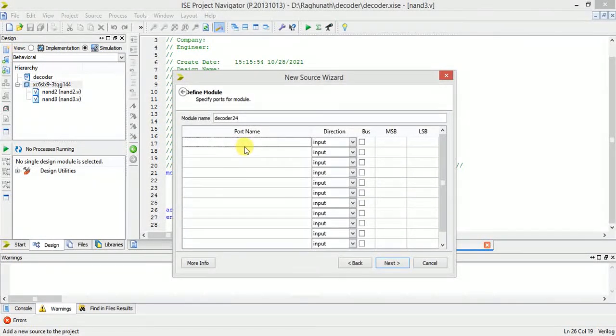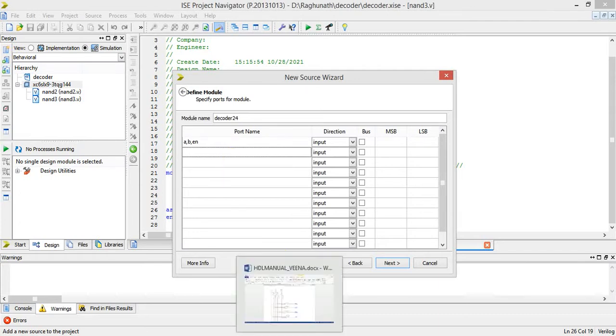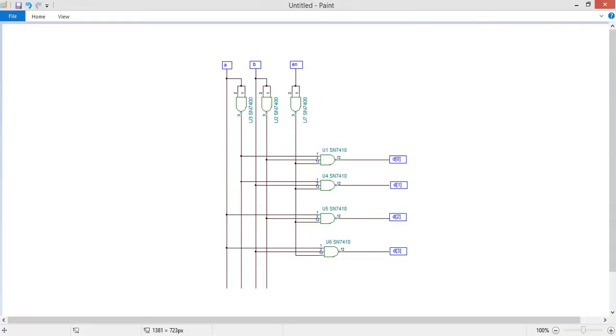So for that, what are the main inputs? The main inputs are A, comma, B, comma, enable pin. A, B, and enable pin are the inputs, and the output is D. If you remember, A, B and enable pin are the inputs for the decoder, and D0, D1, D2, D3 are the outputs.